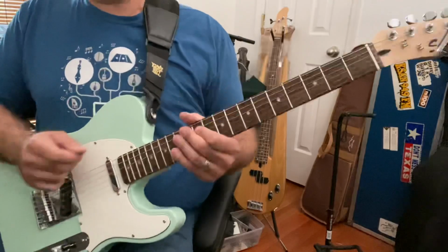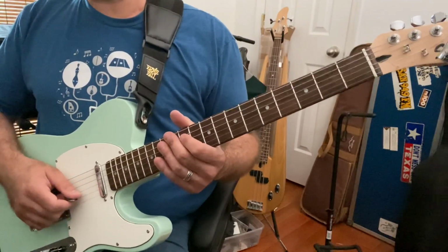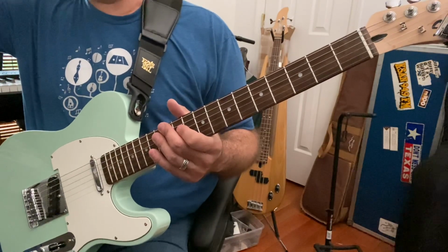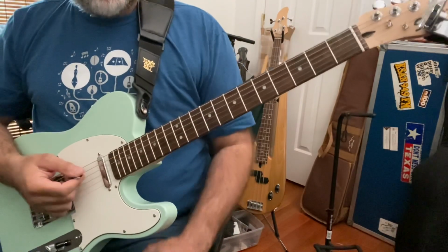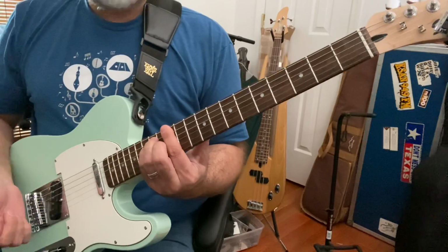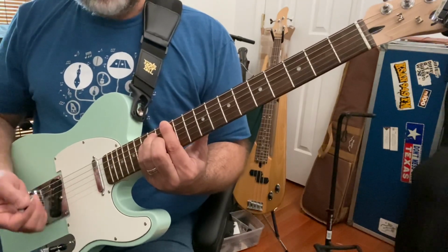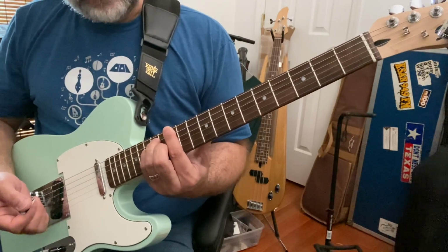And this is the one that's a little bit of a brain bender. And actually with that scale there, I did stay in one place because I think it's easier to discuss that. It's actually a little trickier to move that to the left. So anyway, let's look at the bar shapes. What's the E major here? Well, the E shape. Now I could just move that shape 2 frets to the left, but why not just stay right there? Well, if I need a D major and I'm going to stay right here, what shape do